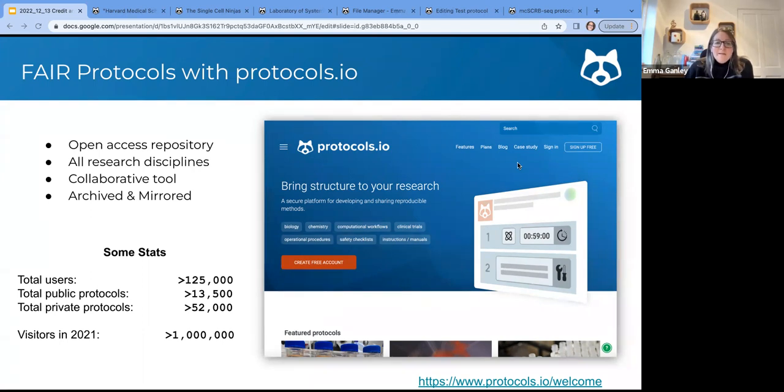One thing to highlight here is that every year over 1 million users come to protocols.io just to view public protocols that have been shared. Most of these public protocols are not actually tied to a specific peer-reviewed paper. They just sit on protocols.io. But the protocols themselves are citable independently from a research manuscript. So if you're not wanting to put it into a research manuscript and you just want to publish on protocols.io, that is still a research output that you can get credit for by way of citations to this output.